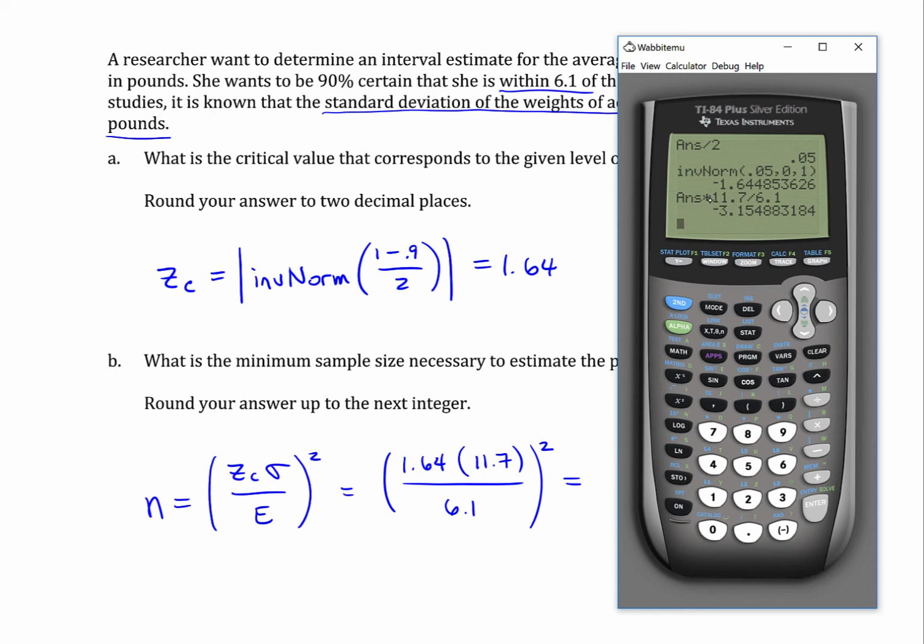So we did that value times 11.7 divided by 6.1. And notice it's coming up negative because that was negative, but that's okay because here we're going to square. And then that results in 9.95. It says to round your integer up to the next integer. So we'll round up to